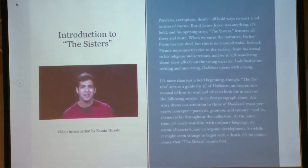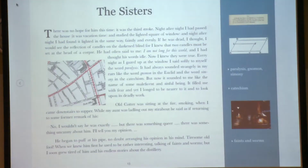Junior studying English and International Studies, and my story is The Sisters. As the first story in Dubliners, Joyce uses The Sisters as a teaching tool for how he wants us to read the rest of Dubliners, but also all of fiction. For example, he focuses...